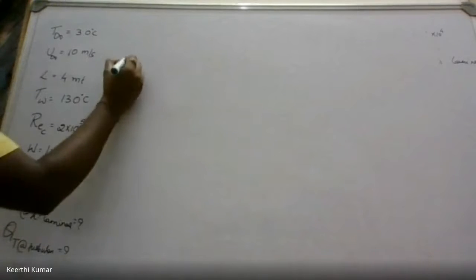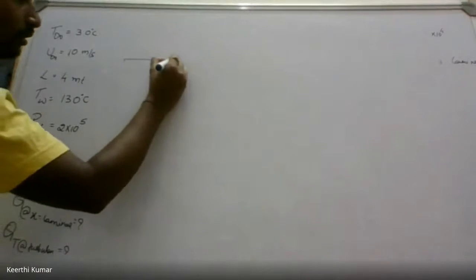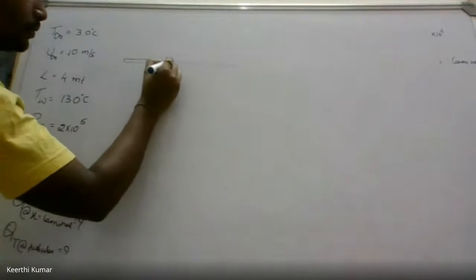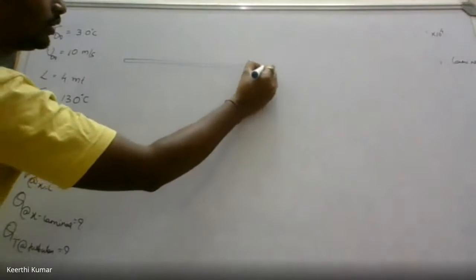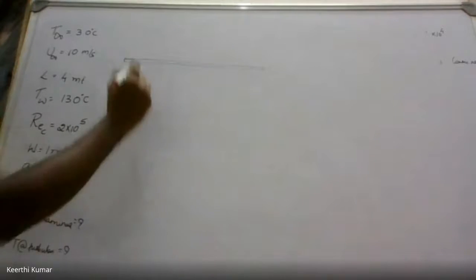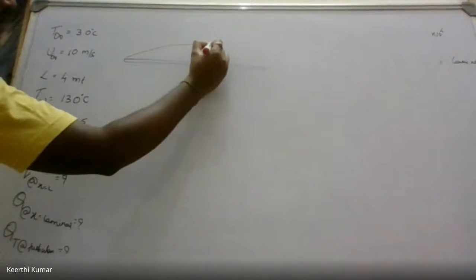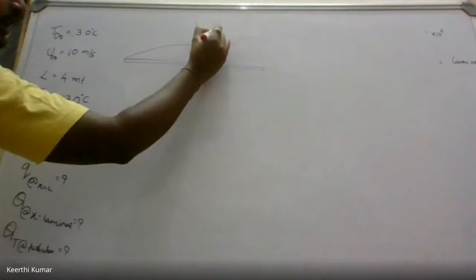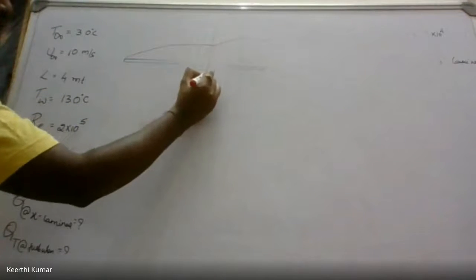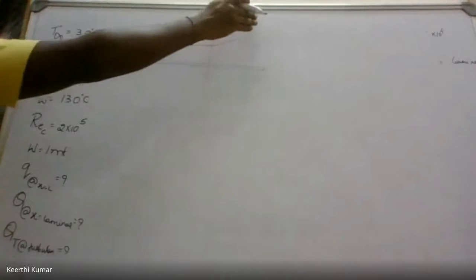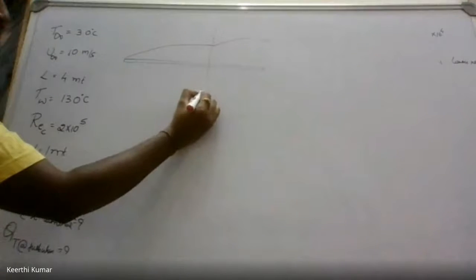See now, if I draw the plate of 4 meters, understand this problem. Can you see the plate? Now I draw the boundary layer. This is the boundary layer, where till here it will be laminar. I'll not divide into 3 regions now, I'll divide into 2 regions. Before this line it is laminar. After this line it is turbulent. But for this we want the critical Reynolds number, that is called Re_c.